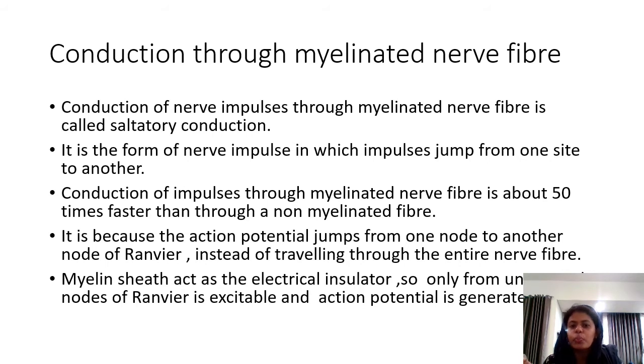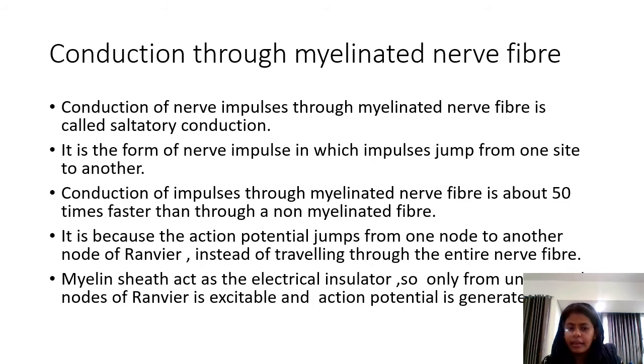Impulses travel through myelinated nerve fibers in a state of jumping. It is not a usual transmission. It usually jumps from one side to another, in the form of nerve impulses. In myelinated nerve fibers there are splits in the covering, which are called nodes of Ranvier. Other areas are insulated because of the presence of the myelin sheath, and only the node of Ranvier is the area where impulses can